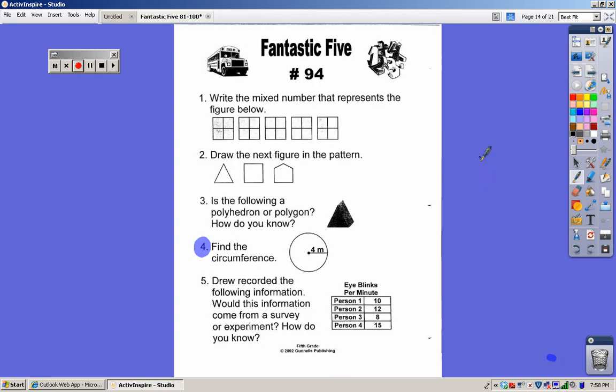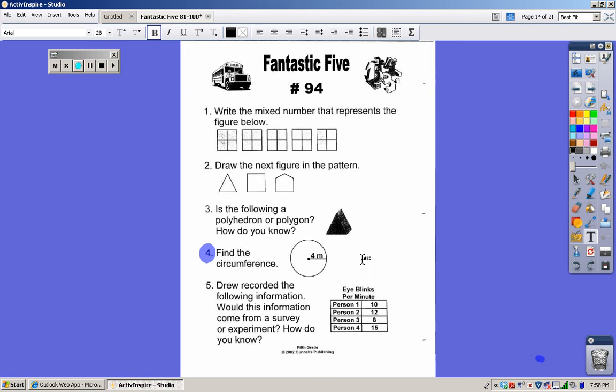For number 4, find the circumference. We find the circumference by multiplying the diameter times pi, which is 3.14. That's what we're going to use right now. We don't have the whole diameter here, we just have the radius. So, like we know, we can just multiply the radius times 2 to find out the diameter, which would make it 8. So 8 times 3.14. And the way you can set that problem up is 3.14 times 8